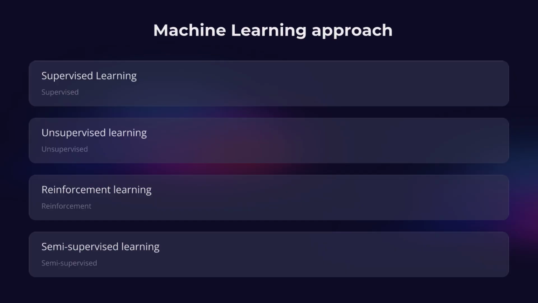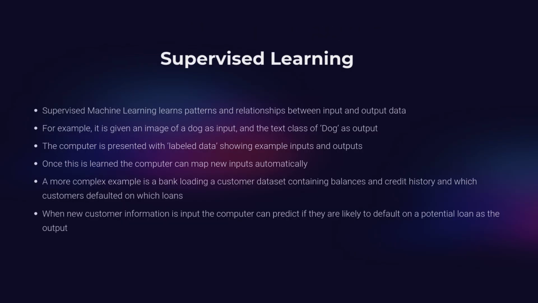Machine learning approaches. There are three main approaches: supervised learning, unsupervised learning, and reinforcement learning. Supervised learning. The model is trained with labeled data, which means the input plus the correct output. The main goal is to learn the mapping from input to output, so it can predict the output from new inputs. For example, if we give an image of a dog as input